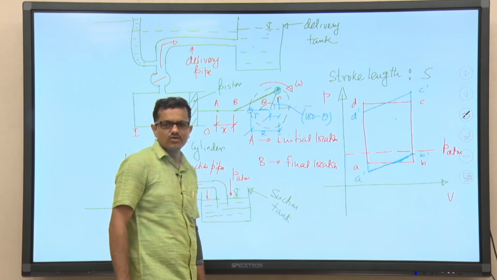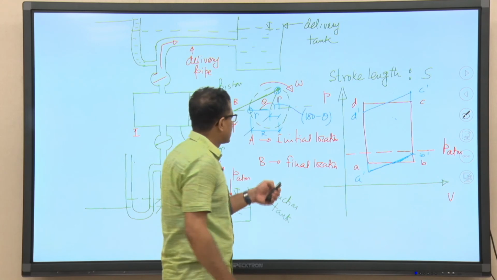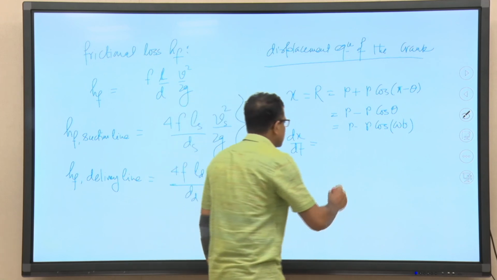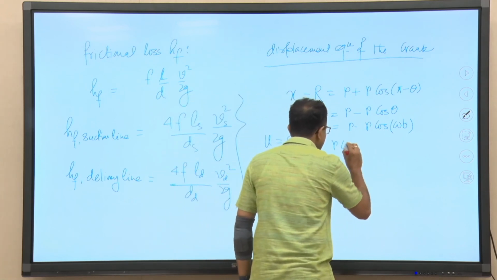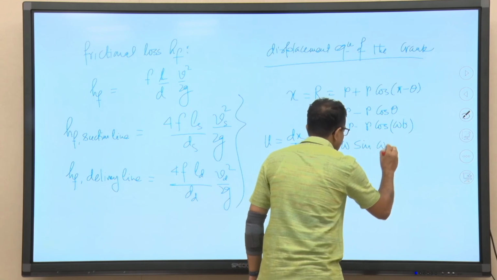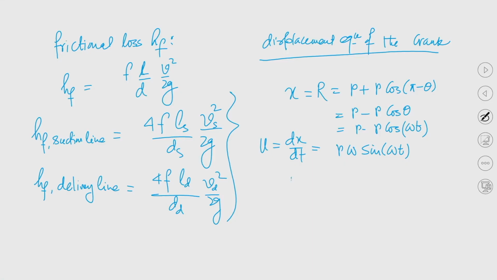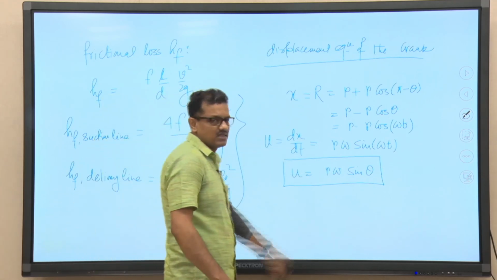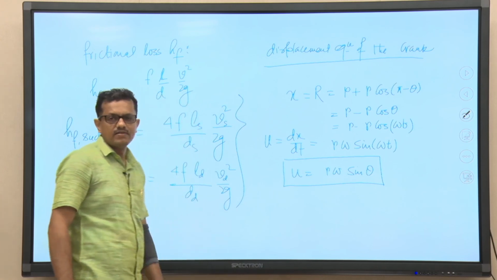We have learned this, so I am not going to discuss it. So, we can write that at time t the angular displacement is theta. So, what will be the case? It will be r omega sin omega t. So, u equal to r omega sin theta, right. Now, this is very simple, you have studied it and done several problems using this in your machine design and kinematics courses.